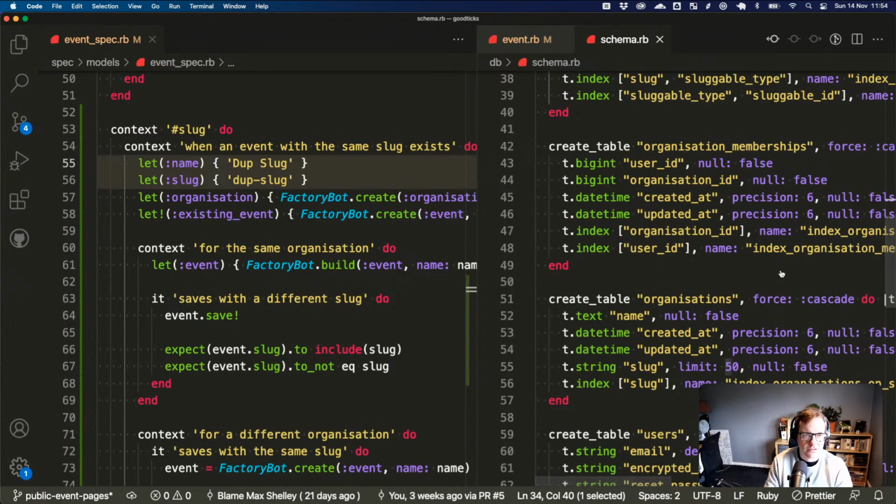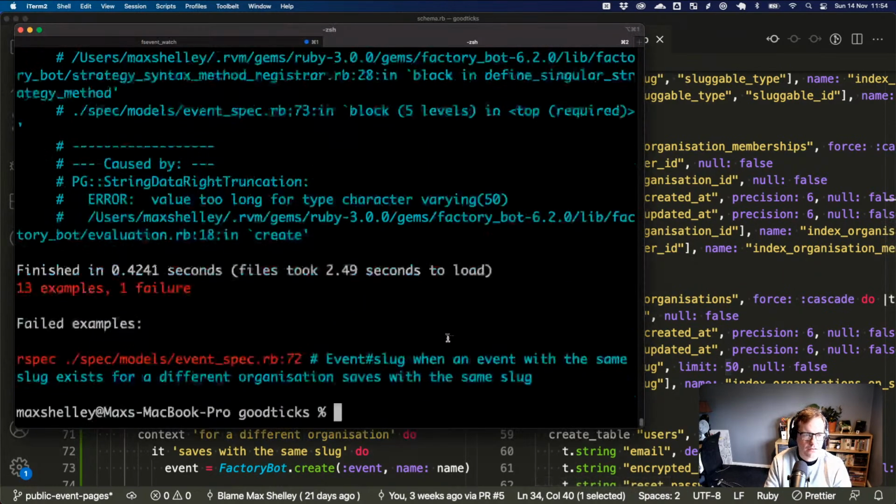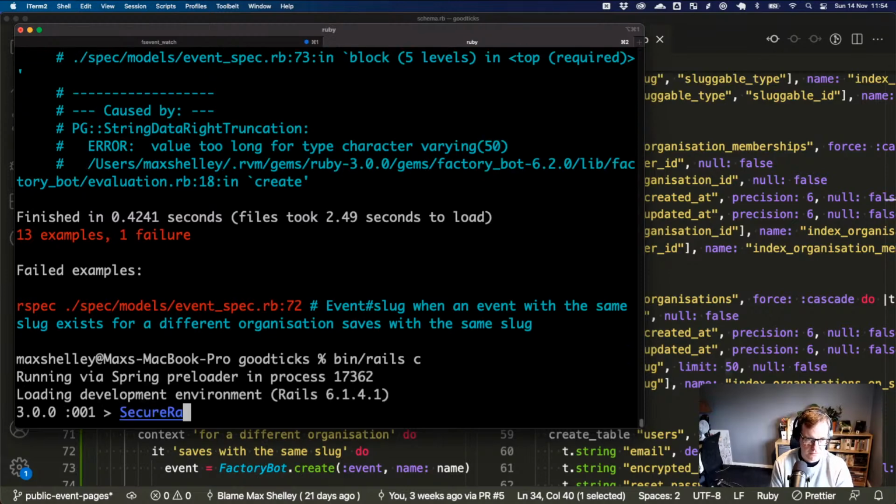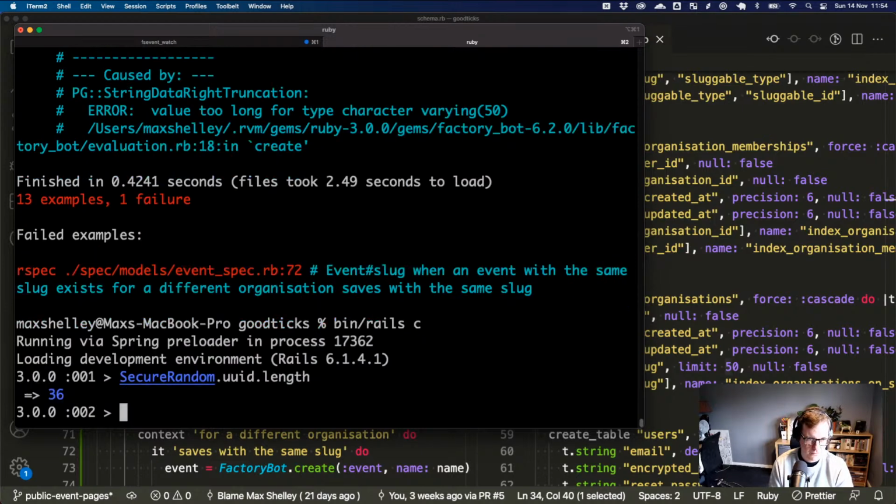How many characters are in a UUID? Okay, what is the actual thing that's being generated there? 36. Shit.